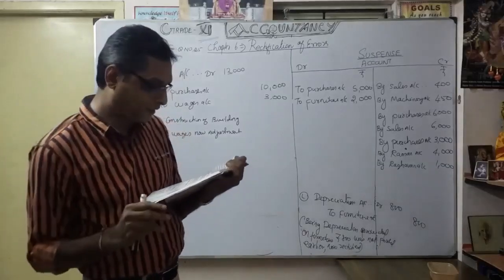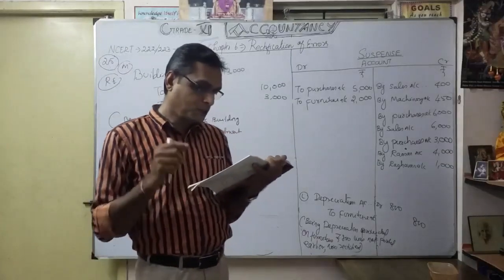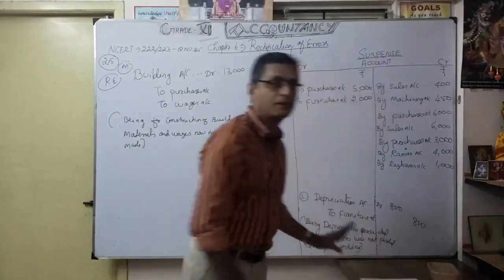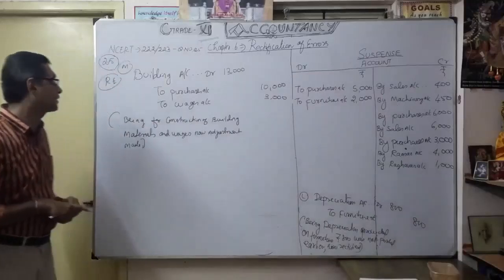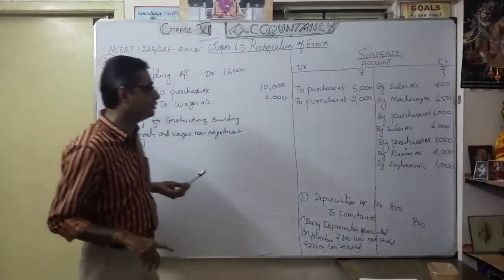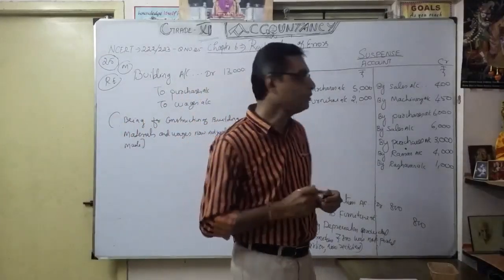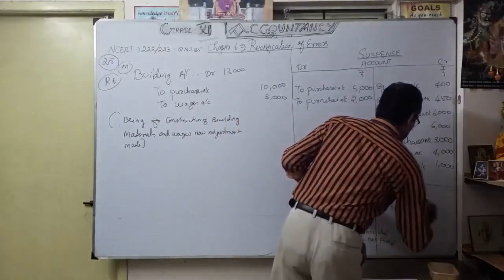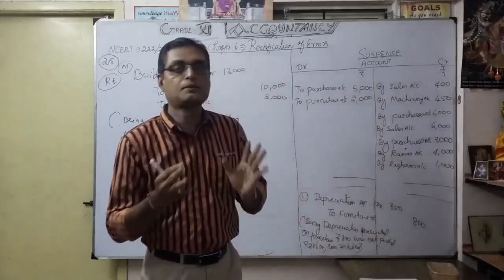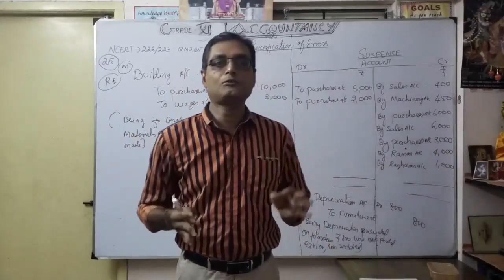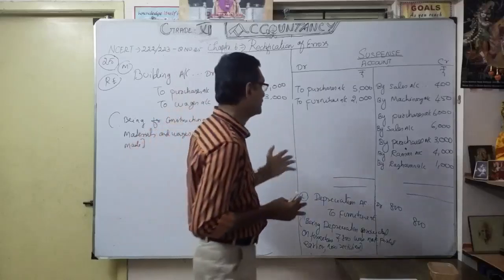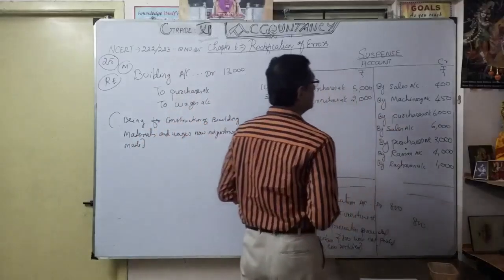Now rectify the errors and prepare the suspense account to ascertain the difference in trial balance. After discussion of all the transactions up to M, wherever suspense account appears, you can make it postal suspense account. Now, going to tally the suspense account. Let's see why we prepare the suspense account. What exactly is the difference in trial balance? It may be on the debit side or the credit side. Here the credit side is more.